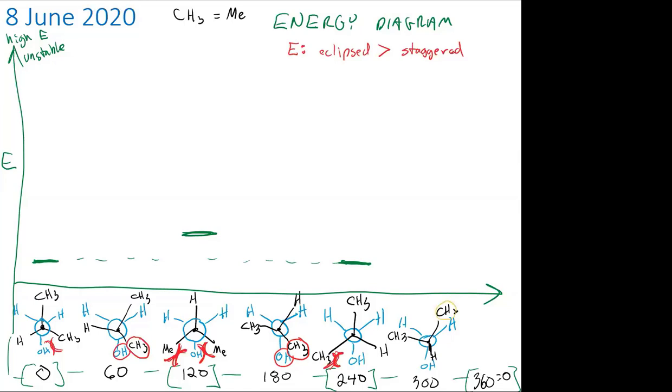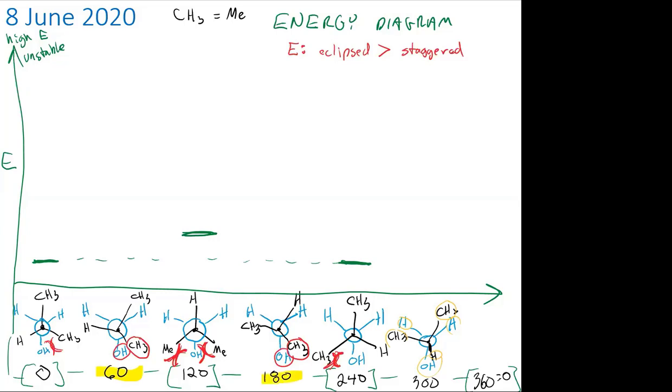You've only got big little interactions here, so that's not as bad. There's no big thing eclipsing another big thing at 300. So 300 is going to be less unstable than